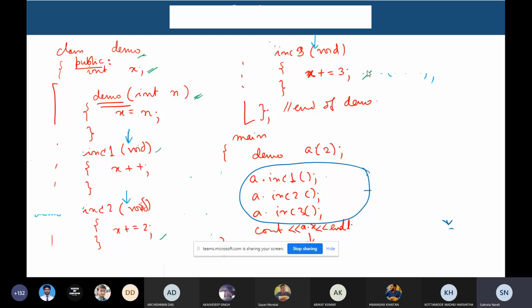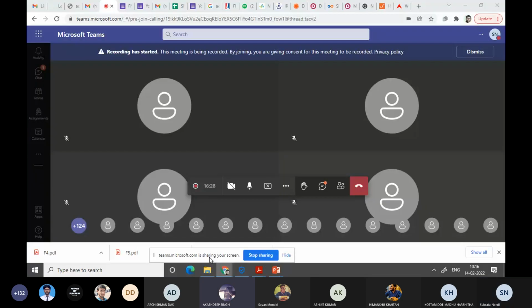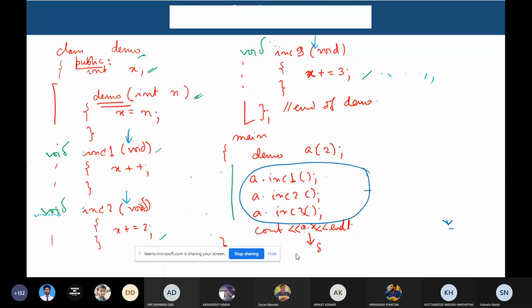Yes, sir. And say, for example, it returns void in all the cases. So is this part fine? Create an object of class demo with a value 2, and then I write a dot increment 1, a dot increment 2, and a dot increment 3. So what value will be displayed here in the output? Okay, 8. So its value will be 8 because it has been initialized to 2, then plus 1 it will be 3 here. After